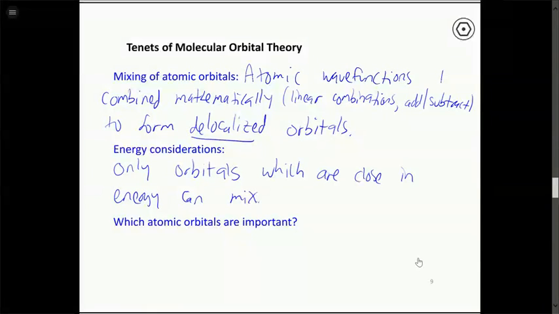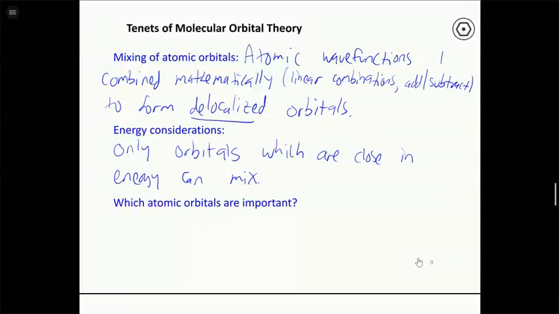You might think of some more complex species, like let's say we have two phosphorus atoms bonded together. Each phosphorus has 1s, 2s, 2p, 3s, 3p orbitals, and then you can make combinations of all of those. That's a lot of combinations, but only the orbitals that are actually close together in energy will mix with each other. So really it's only the valence orbitals from one atom mixing with the valence orbitals of the other atom. The other orbitals that are the core orbitals are going to be too low in energy, and they're not going to really contribute to the molecular orbitals.